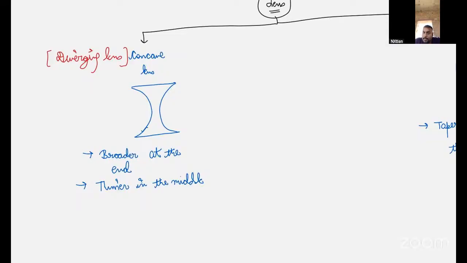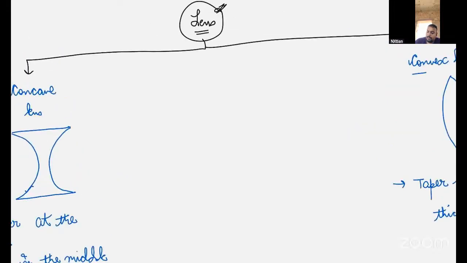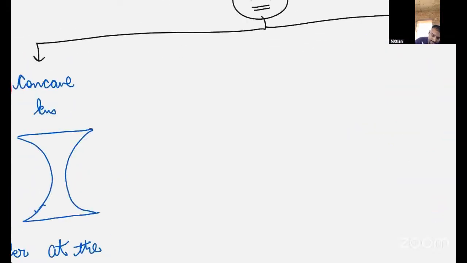Convex mirror is equal to diverging mirror. Convex lens is equal to converging lens. Now listen to this. Now we'll learn about the six types. I'll zoom in a little for more clarity. Now listen. One side of a lens looks like